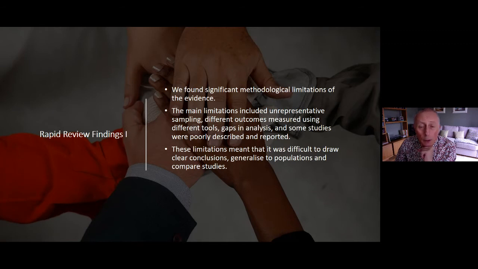And for example, there were very many studies that were conducted with what are called convenience samples. So these are studies that are conducted over social media, for example. And these limitations meant that we were appropriately cautious, and it was difficult to draw very clear conclusions, difficult to generalize to populations, and difficult to compare studies. However,